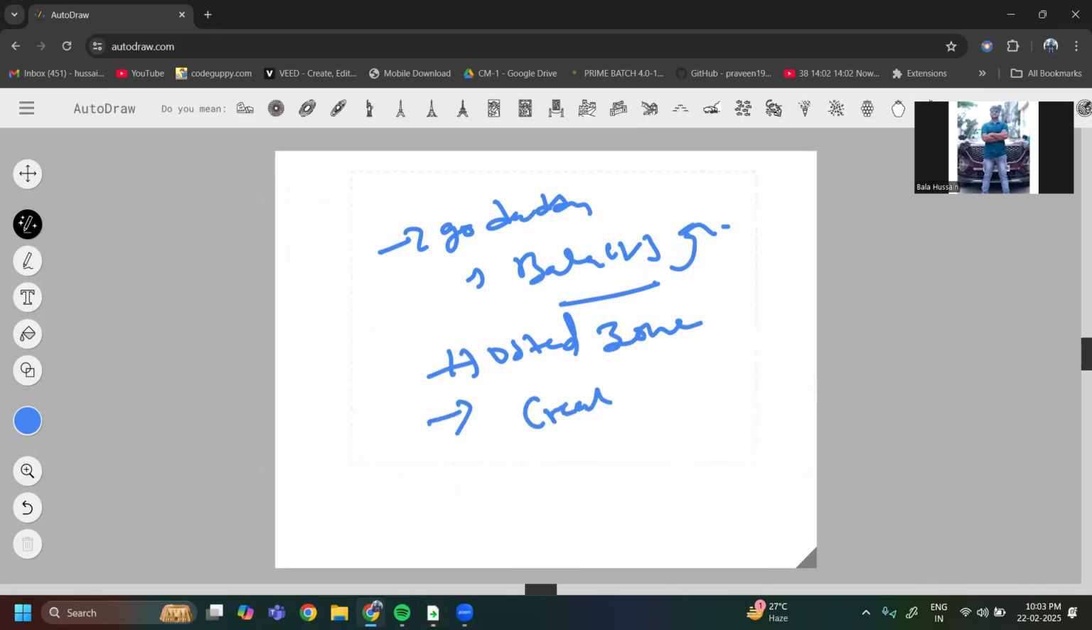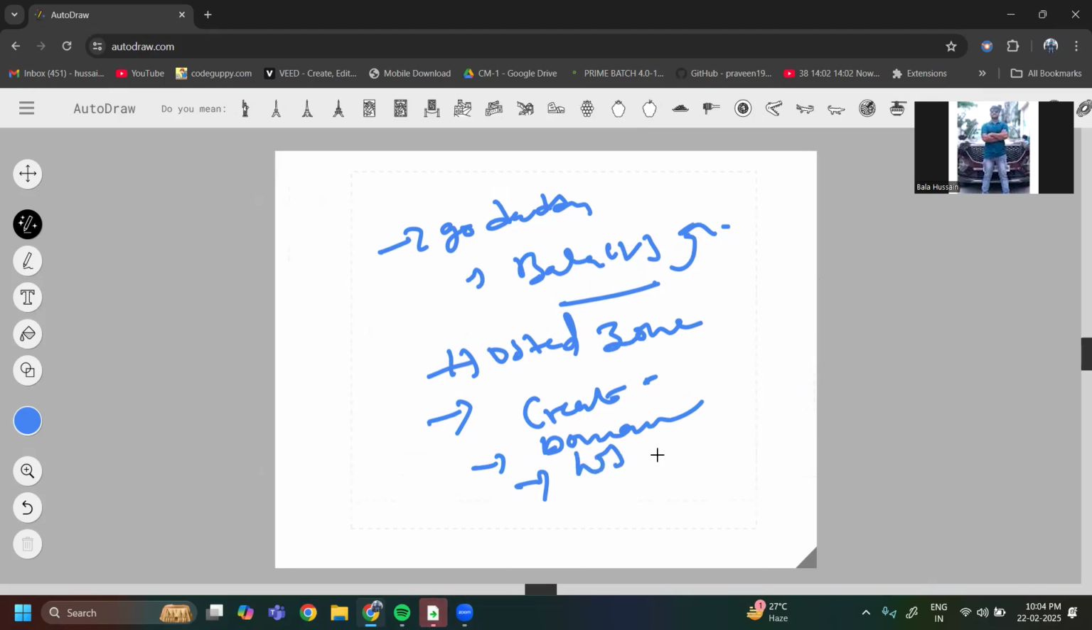Create a new hosted zone, and provide your domain name with the hosted zone. And you need to provide the NS record, which is the NS record for Route 53. Then you can use this Bala 123 for your application